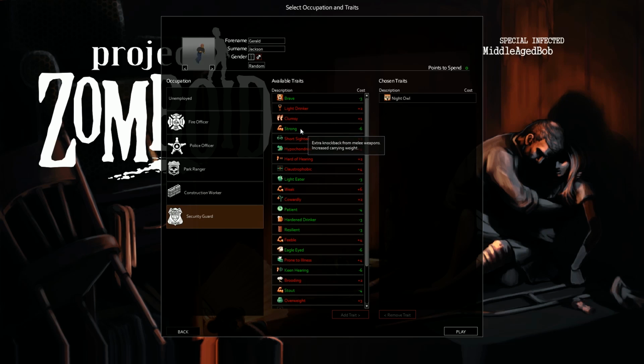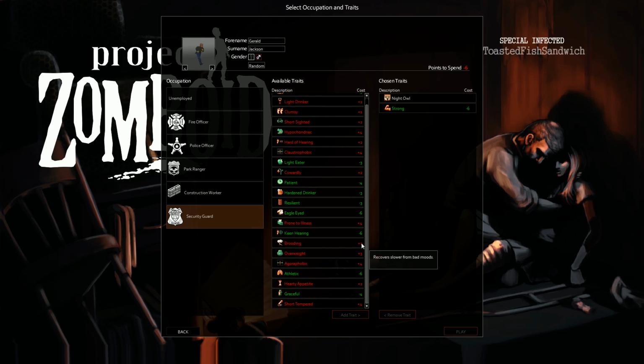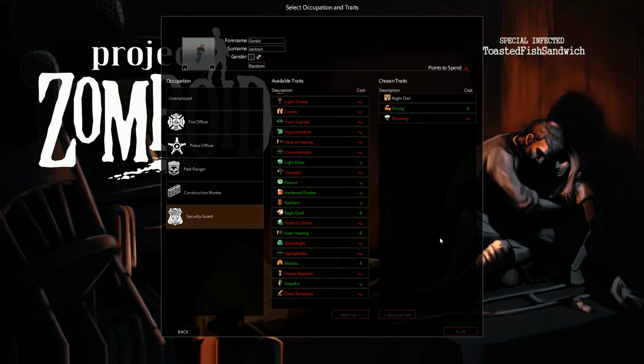So let's pick some attributes. Now you've got to try and get 0 overall. So we'll pick strong for our first trait because strong's a really good trait. It gives you more knockback with your weapons and more carrying capacity, and that's brilliant. So let's pick brooding to try and offset that, which means bad moods last longer, and we'll add